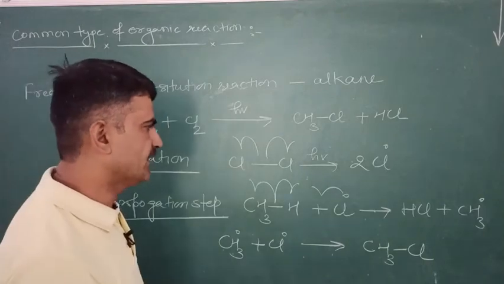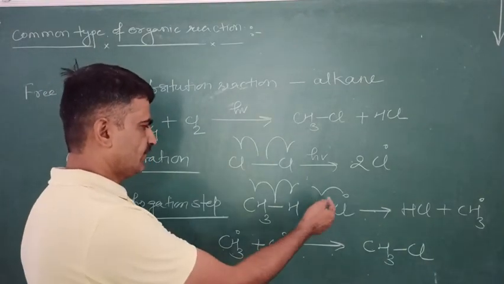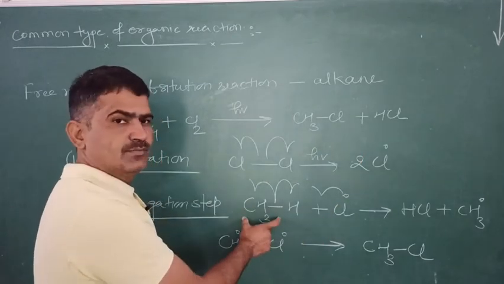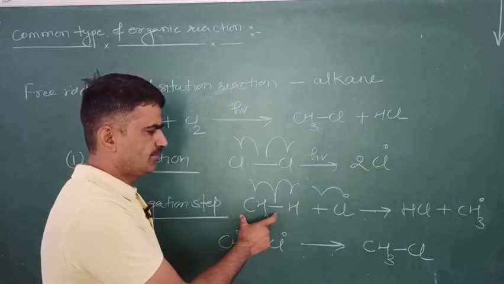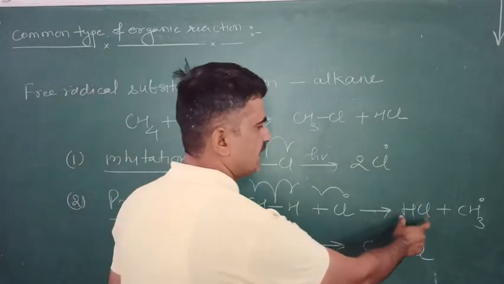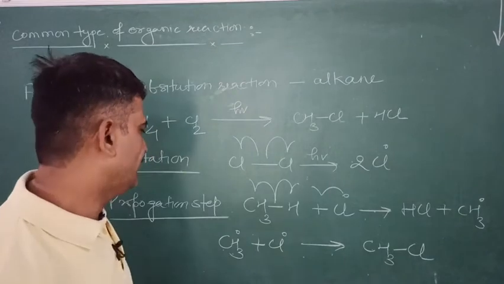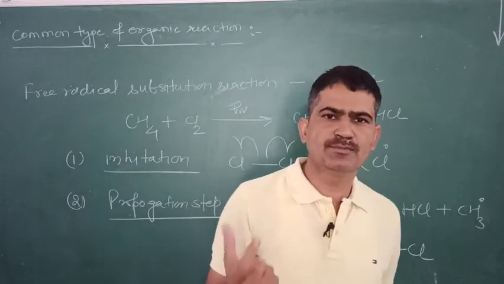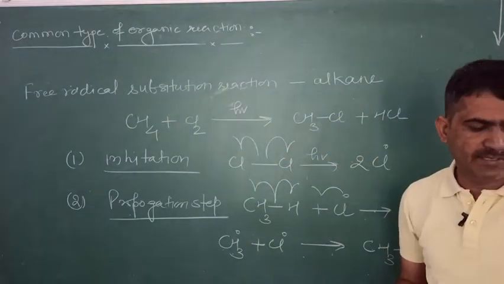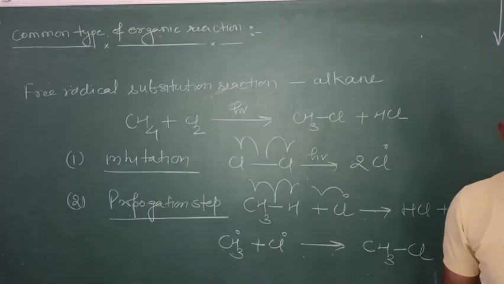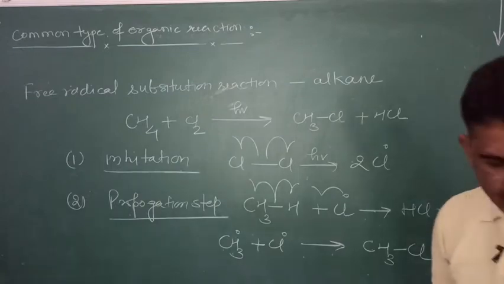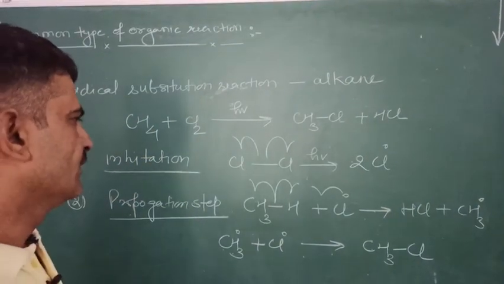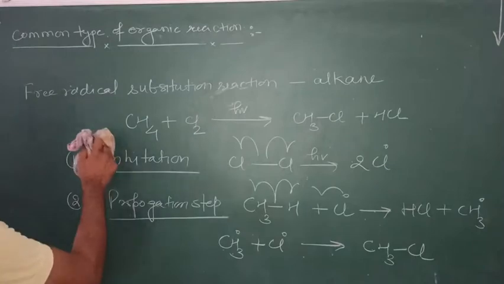This reaction is repeated again and again because the chlorine free radical again acts on a methane molecule and it produces HCl and a methyl free radical. This methyl free radical reacts with a chlorine free radical and changes to chloromethane. This second step is repeated again and again. And when we want to stop this reaction, it will reach the chain terminating step.